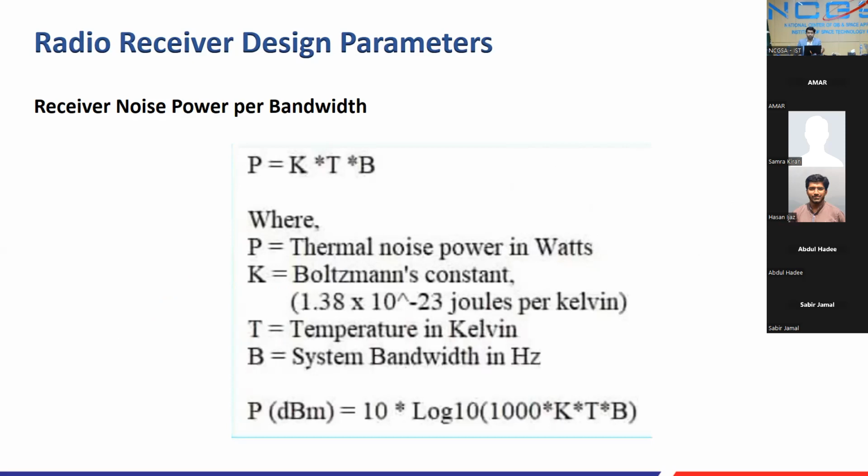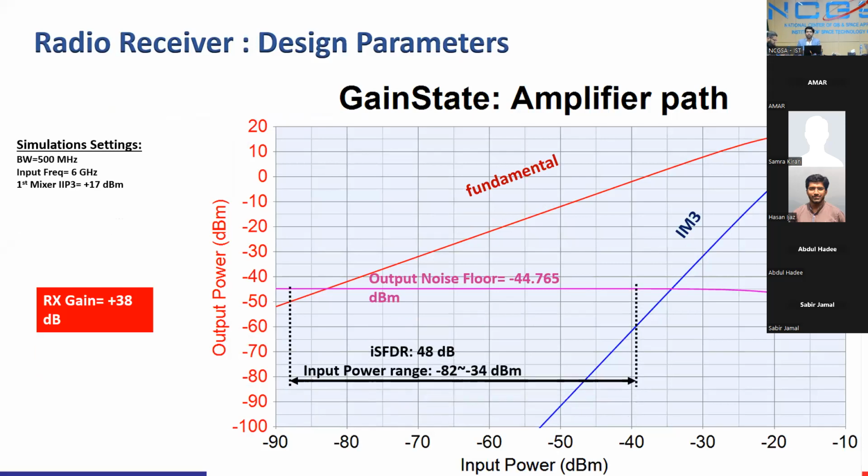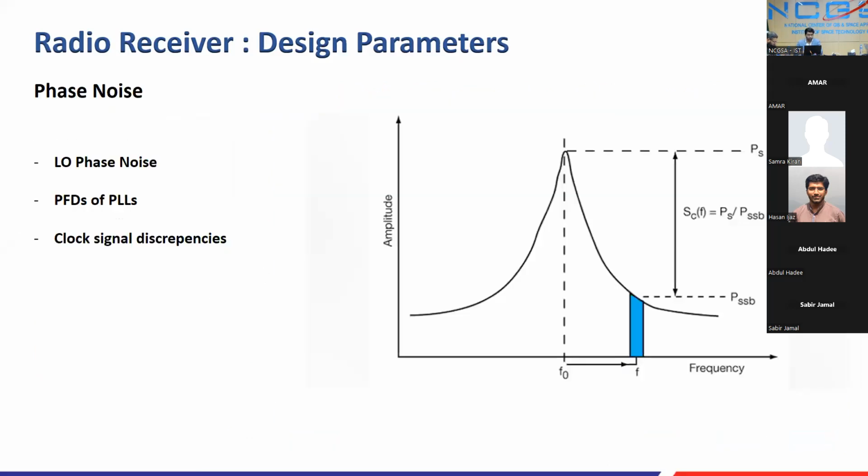Then at a given temperature, you can compute the noise for a bandwidth. The usual mark is around minus 174 dBm power per hertz. So for any bandwidth you have, the rule of thumb is you can take a log of that and add it to minus 174. Then you will get the noise floor of the system. Then we discussed amplifier parts and their significance, the fundamental IMDs, the noise floor. We talked about that. Now, before going into the actual design, the last parameter I need to discuss and share